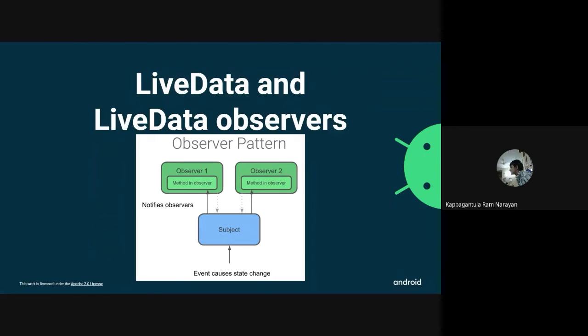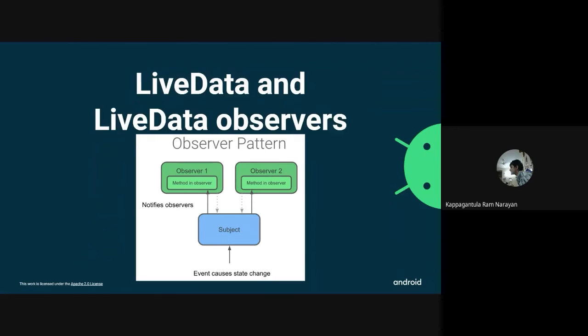That is, live data is an observable. If there's any change in your live data object, that is your current score, if the current score changes, which is then observable, your observer is going to get notified. So live data holds data, and it is a wrapper class that can be used with any data type: mutable list, normal list, anything.